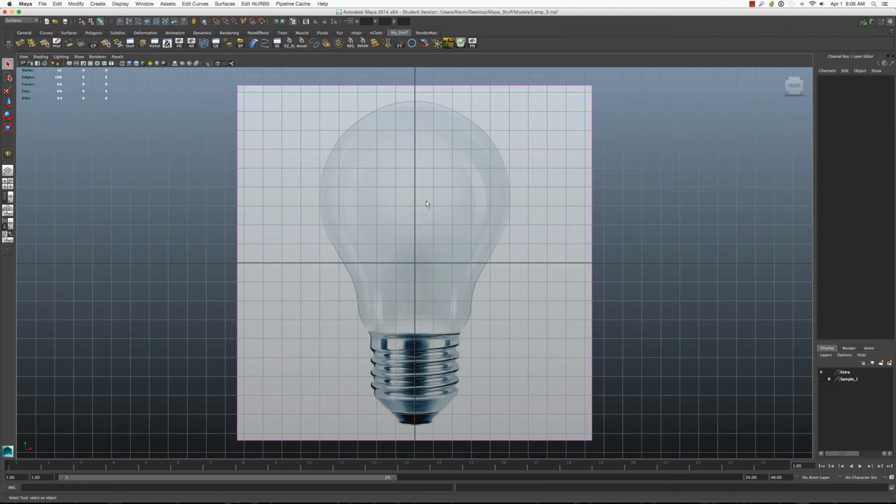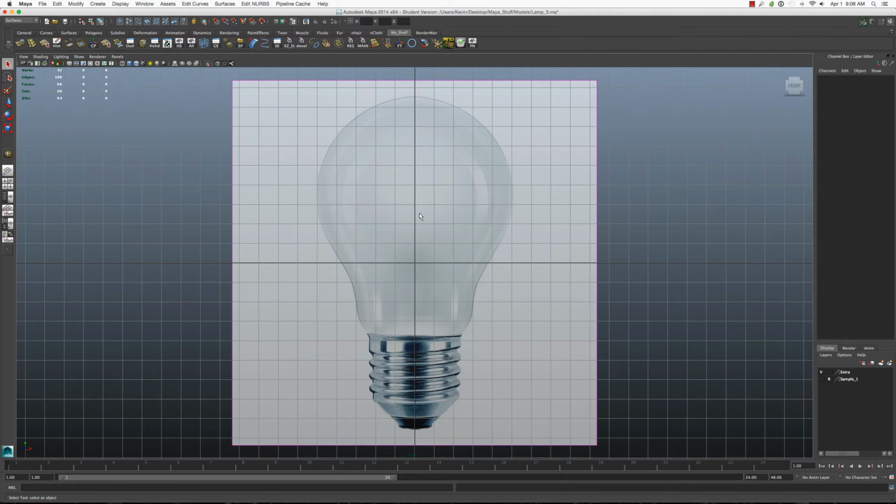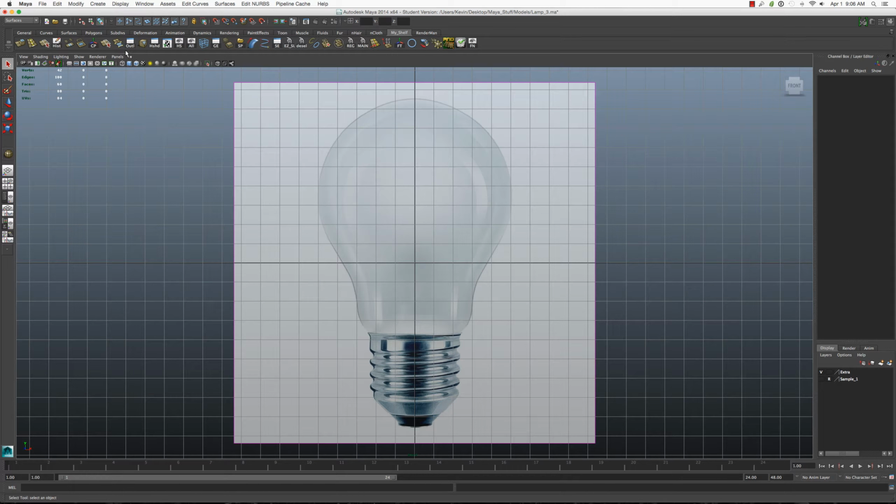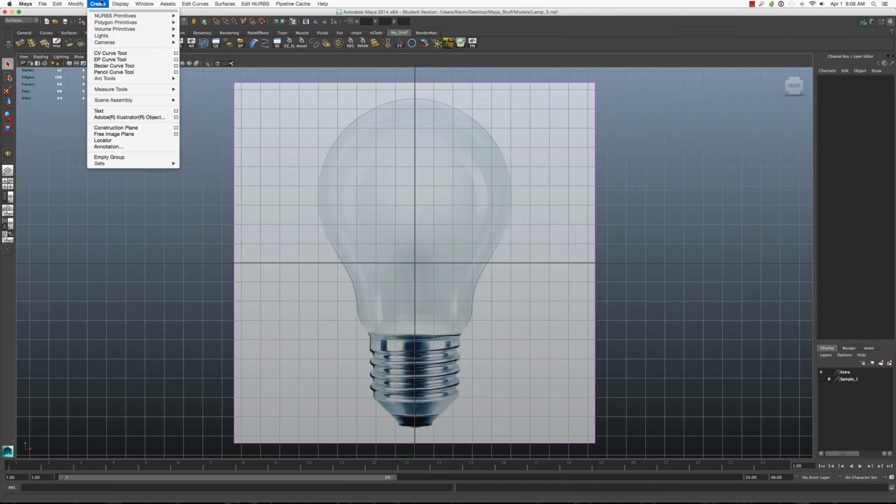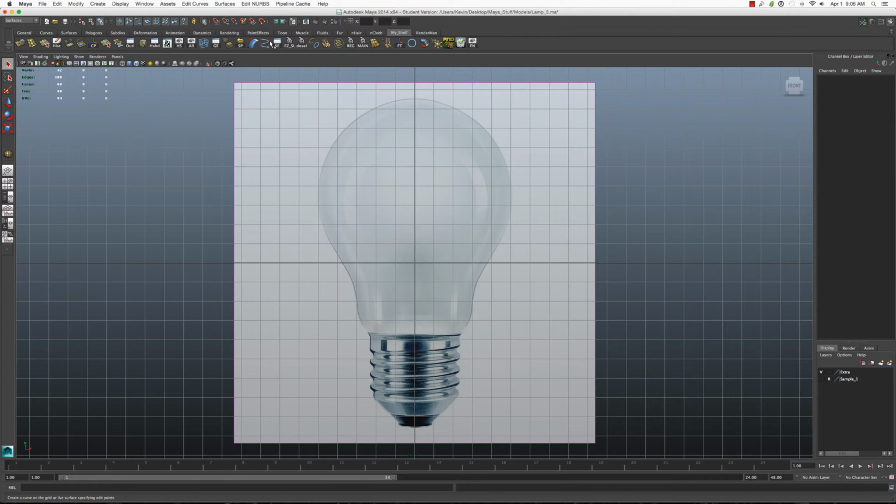So normally I would model this out with a sphere, but for the sake of expediency, we're going to try a different method called the CV curve tool. All you have to do is go to Create, CV Curve Tool. What this will allow us to do is outline this object and render it out as a NURBS or a polygonal mesh without having to extrude and play around with the edges. And it will give us a pretty good result. So let's go ahead and